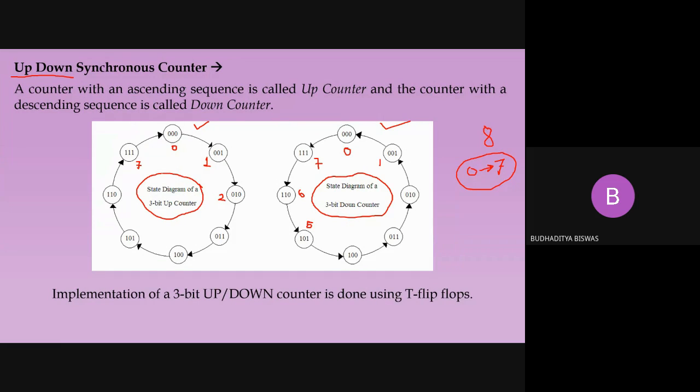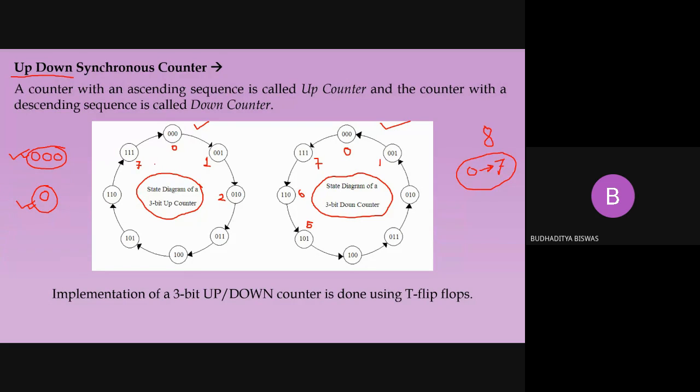Is there any problem? Okay, as I mentioned previously, a state can be drawn in two ways. Suppose I want to draw the 0 state, I can draw it like this: this is the binary equivalent of 0, put inside a circle, and that becomes the 0 state. Or if you want, just write the decimal 0 and put a circle. Both will give you the same marks. It's not mandatory to express the states in binary form every time. You can express the state in decimal form also.